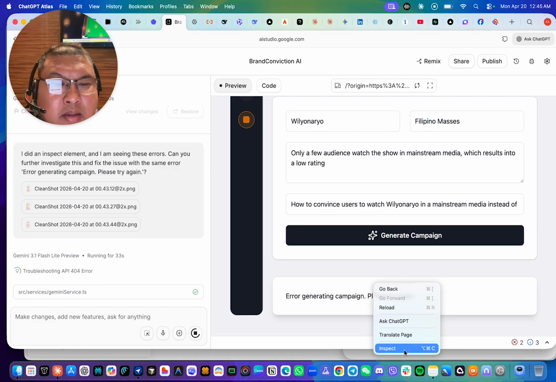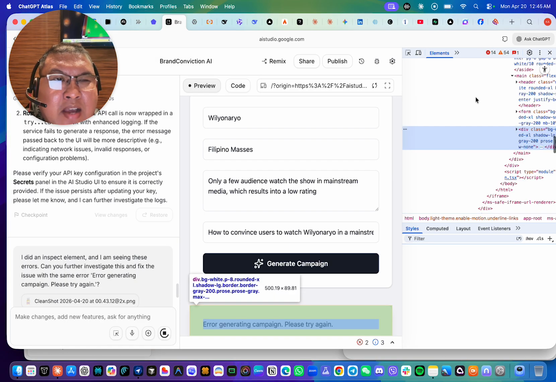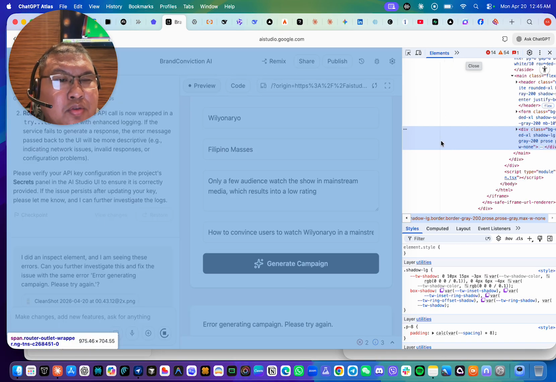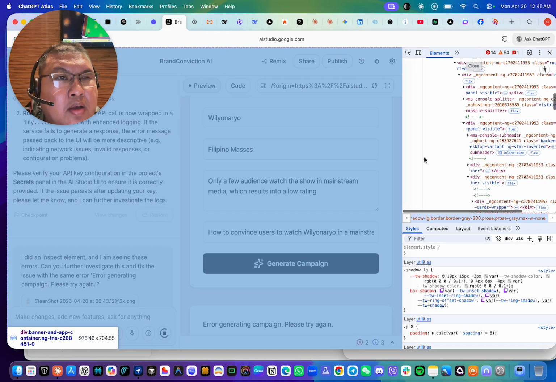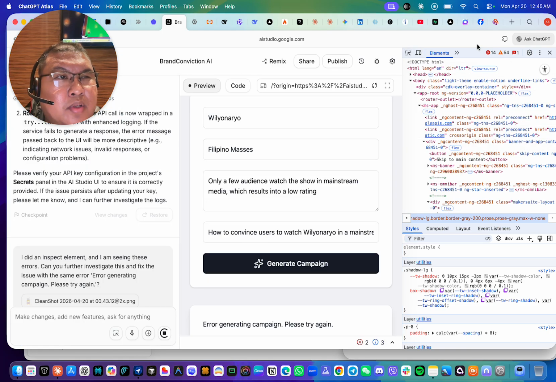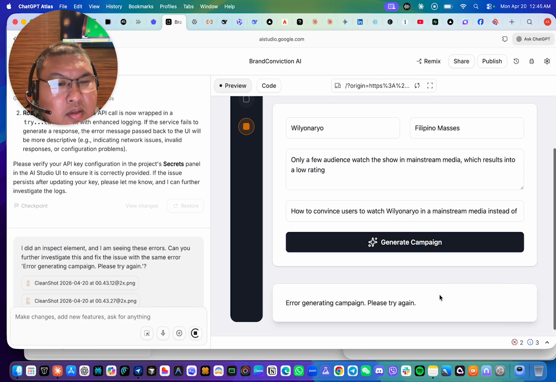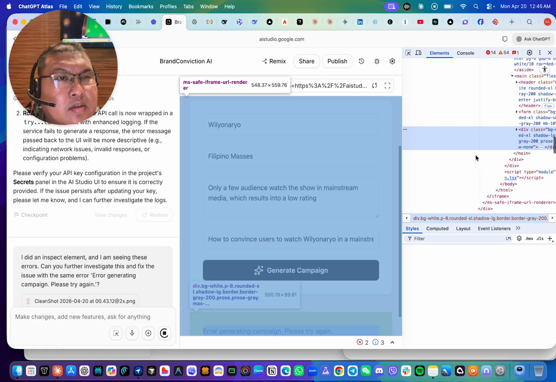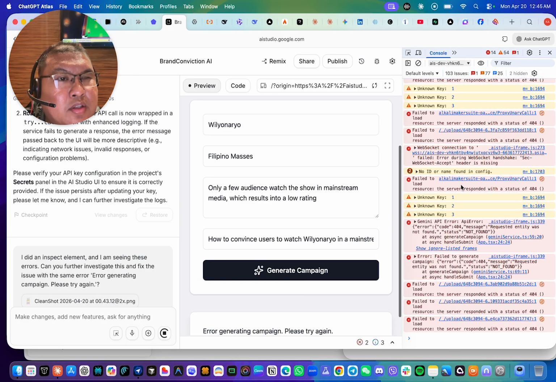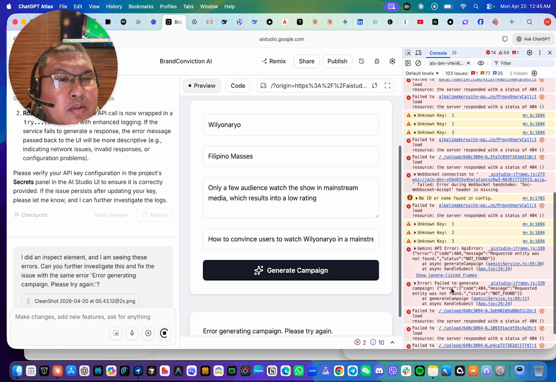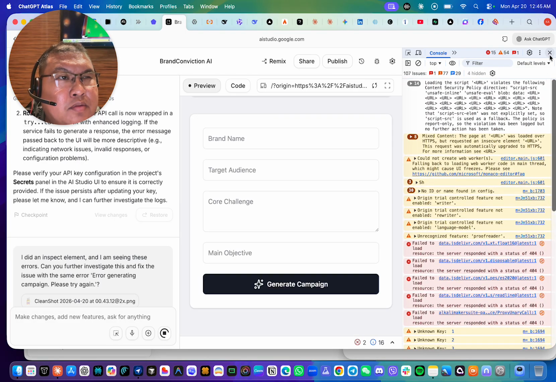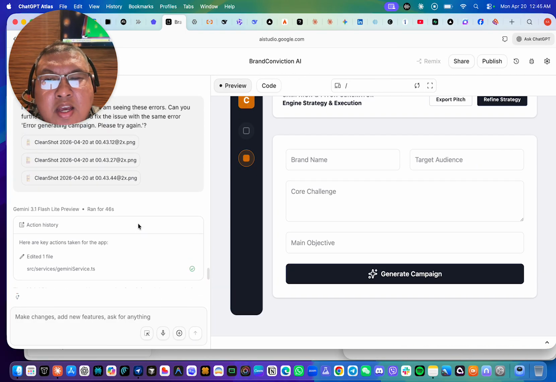Usually it's inspect element, but this time it's inspect on Mac. And then make sure that you're on the console. Make sure that you see the console there. This is where you click. And then all you have to do is ask Google AI Studio